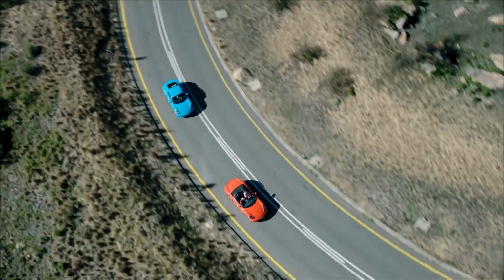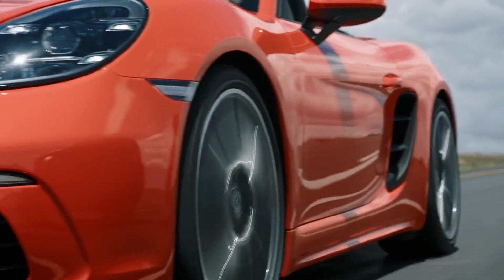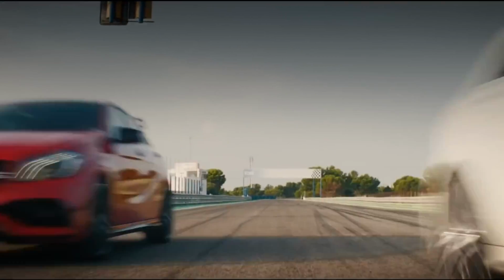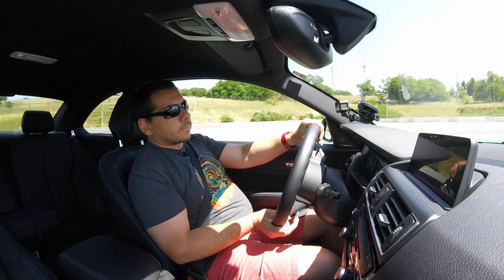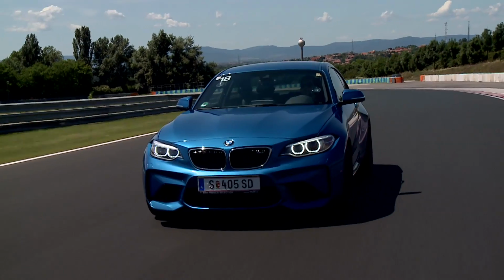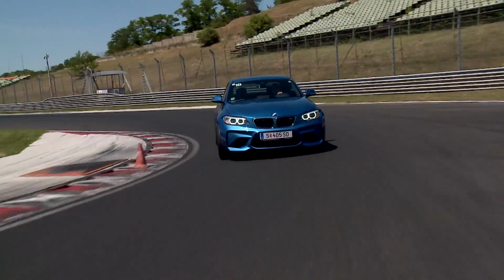On the other end of the scale, you have Porsche 718, Boxster and Cayman, which do not understand the word comfortable, but are great fun to drive on the road and on the track. And let's not forget about Mercedes A45 AMG, which is also a practical choice and sounds great too. This car will look great on the streets. It sounds great, it's great fun to drive. The question is whether you need the M parts. I don't drive on the track very often, so I suspect spending all this extra money doesn't really make sense,